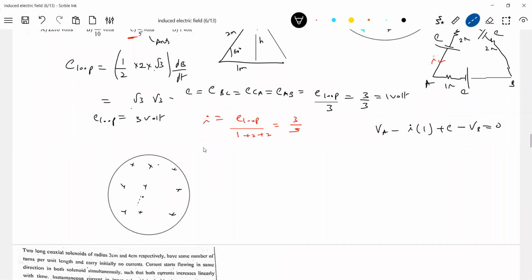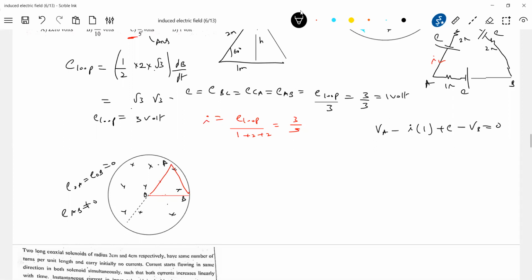I'm trying to generalize now. There's a center, this one. Now take the loop. Can I bring a loop like this also? Then what is the EMF induced in this side and this side? Will be 0. Better as a student, you analyze: EOA and EOB will be 0, no? Only EAB will be non-zero.